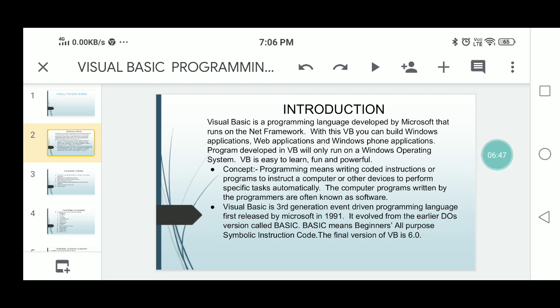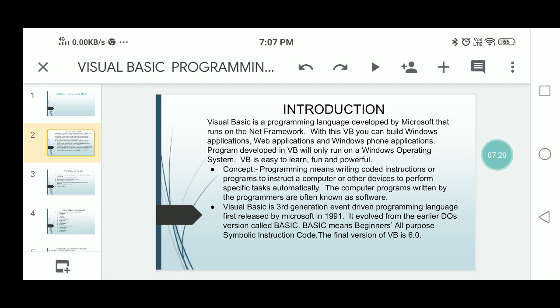Clicking on a button is an event. Suppose you are dragging a mouse, moving a mouse, or dropping something in a particular place in your application program, that can be an event. So an event means clicking on a button or acting in a particular place of your application.